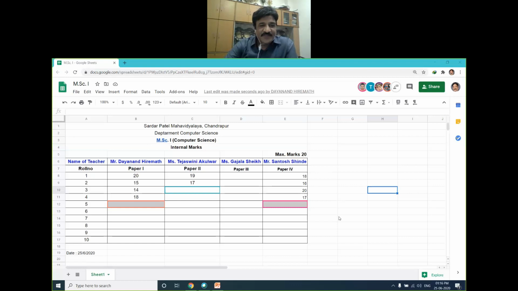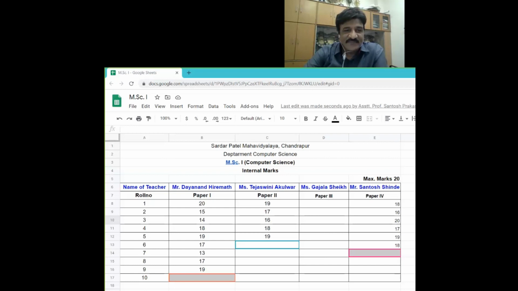Simultaneously we are able to view the marks of students that have been filled in by the respective teachers of that particular paper. Here marks have been changed, I think. Ghazala madam has not started yet.